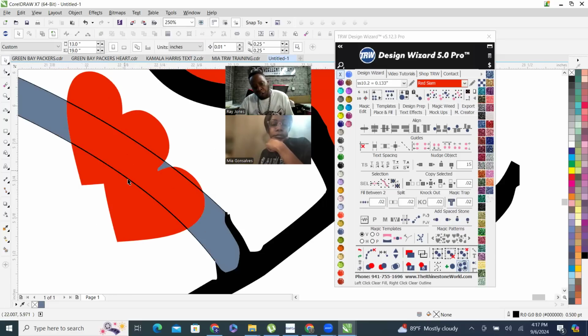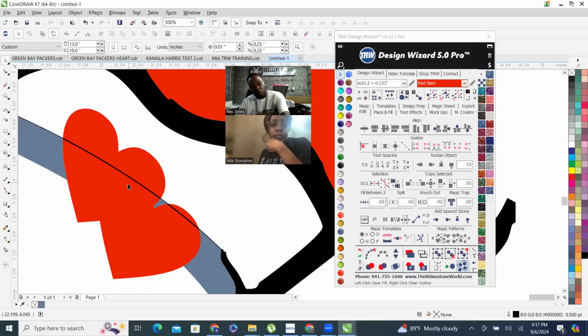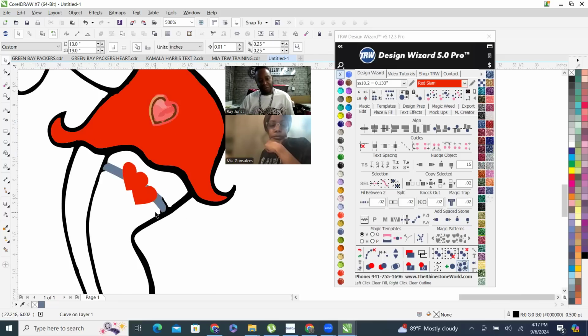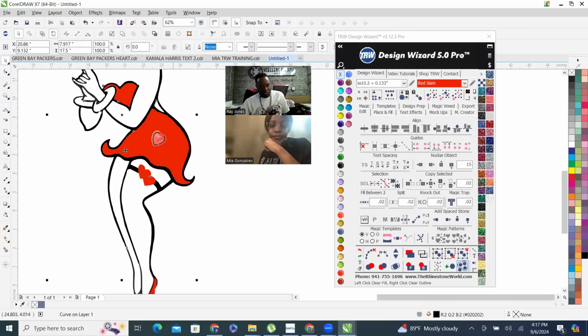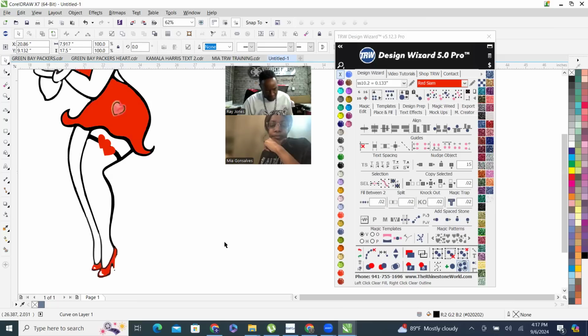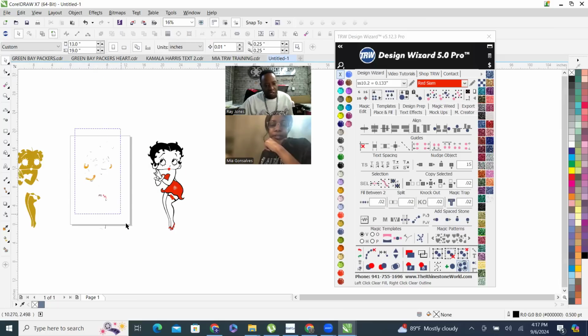And now we've got to go in there and get rid of the lines that we made to make it work. So I'm just clicking on that line, deleting it, clicking on this line and deleting it. And I'm going to click on this area, hold shift, click on the black, combine that and weld it. And so voila, now we just fixed that area and made it super clean and better. I'm going to delete all the rest of this stuff